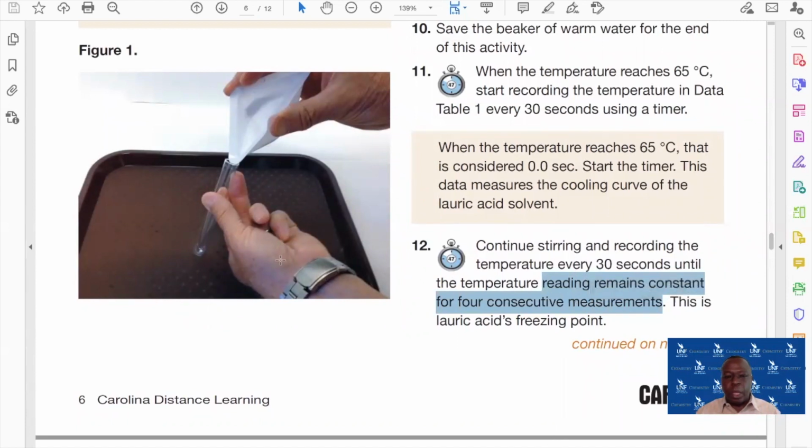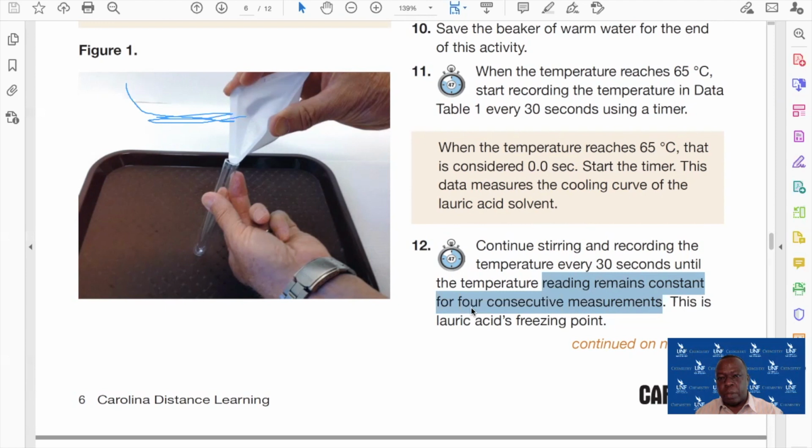Once you see that it is constant, it will be something like this. If you were to draw the graph, the 4 consecutive readings will flatten out after it comes down. You have 4 readings. You can take the average to get one numerical value for the freezing point of the